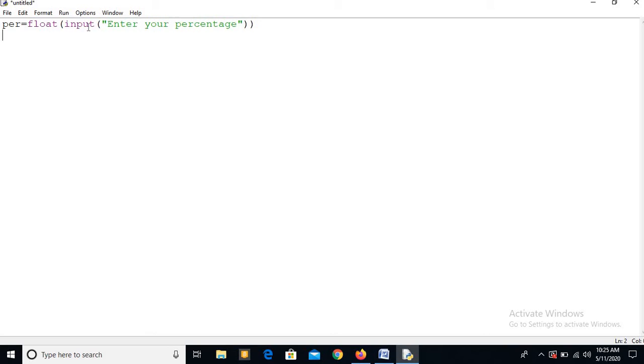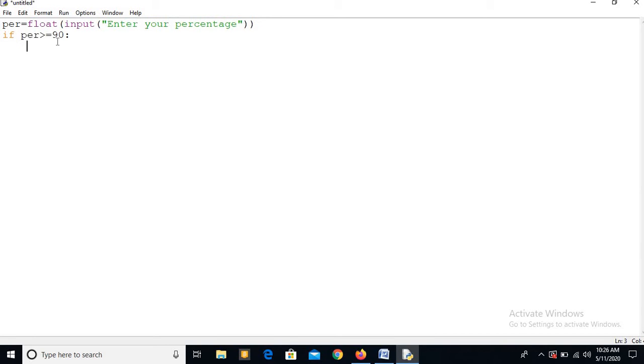Now if you see, when the user will enter his or her percentage, where will the percentage be stored? The percentage will be stored in the variable PER. That means we have to apply the conditions according to this variable. Okay, then I am writing if percentage greater than equal to 90, then colon sign, press enter.